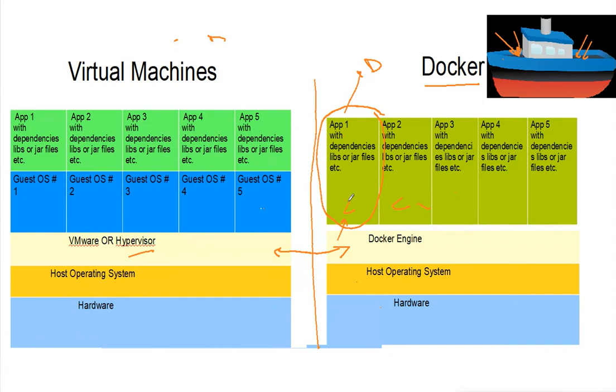As I was saying before, the reason why Docker does not need its own guest operating system is that the Docker engine is sharing the kernel of the host operating system it resides on, whereas the VMware or the hypervisor is making a kind of emulation of the resources of the underlying host operating system. So it is exposing the CPU, the RAM, the network, and these resources of the underlying host operating system to all these virtual machines that it creates. So when you send the app with the guest operating system and all the dependencies, as compared to just this small container without the operating system, there is a big difference